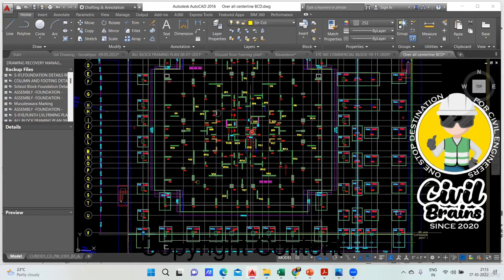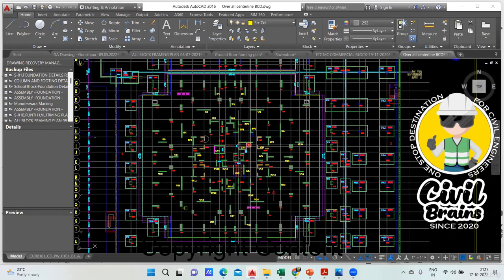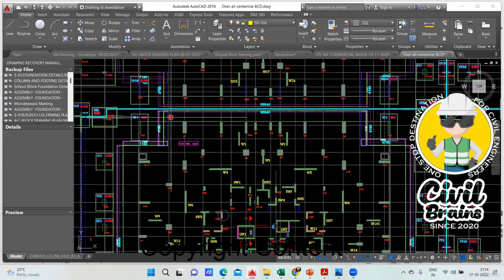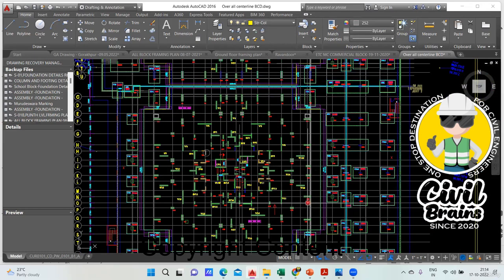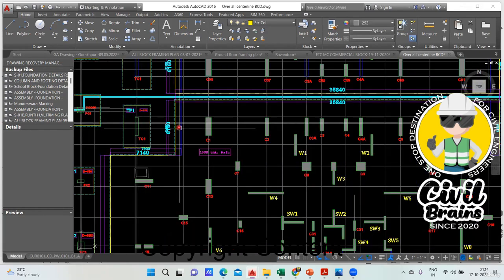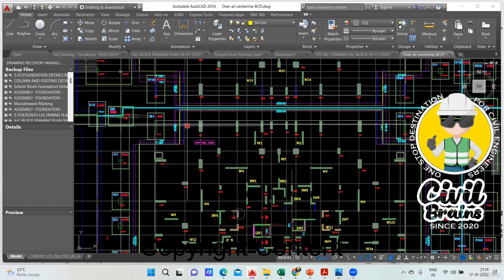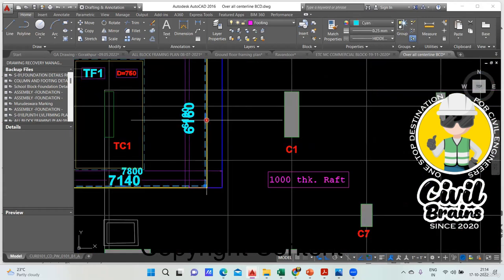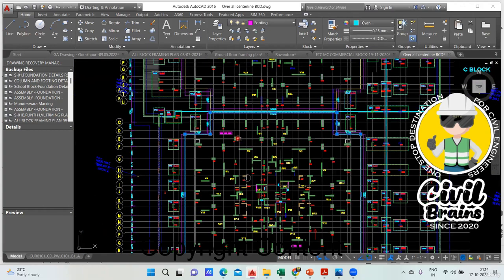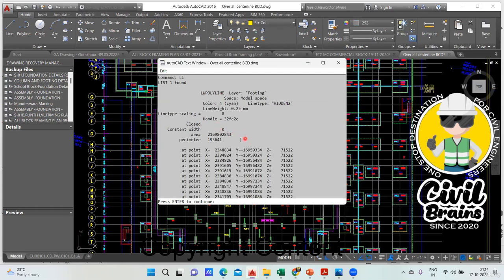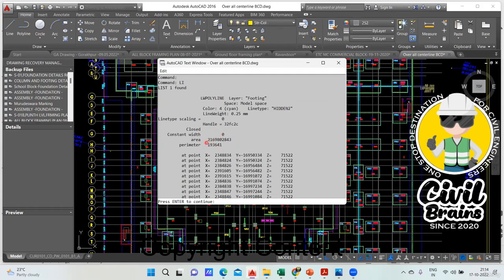Since it's a huge foundation, we'll try to find the concrete quantity, which is pretty simple. Since it's an irregular shape, if this was a square shape, then I could have taken the length and the breadth and multiplied that by the depth. But since it's an irregular shape, I'll just click here and select it, and I'll type LI, that is list, and click on it. This will directly give me the area. So you see the area is